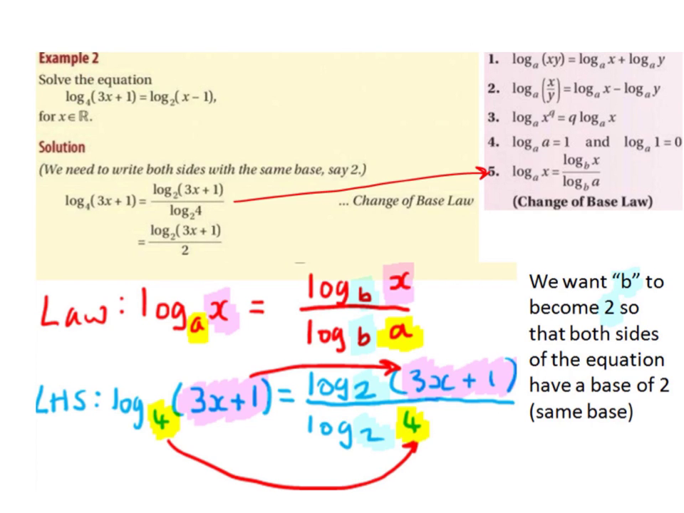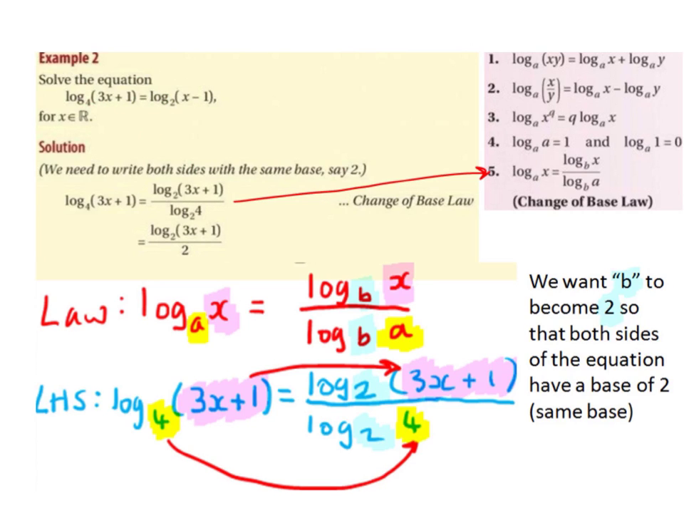Solve the equation log base 4 of 3x plus 1 is equal to log base 2 of x minus 1. So what we want to start off by doing is writing both sides with the same base. In this case we're going to use 2. At the moment we have log base 4 and log base 2, so we want both of them to be